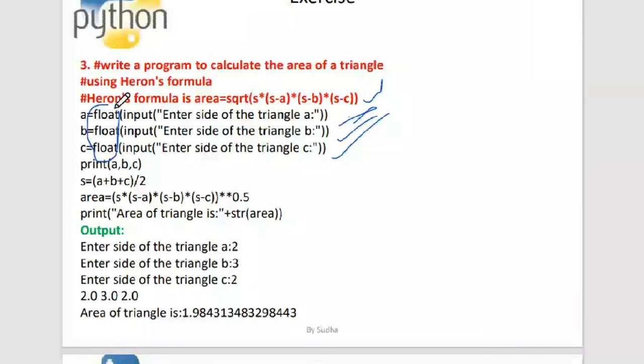I have printed the ABC values here. I read the values as 2, 3 and 2, but because they are floating values, they are printed as 2.0, 3.0 and 2.0. Then next we calculate S is equal to (A plus B plus C) by 2.